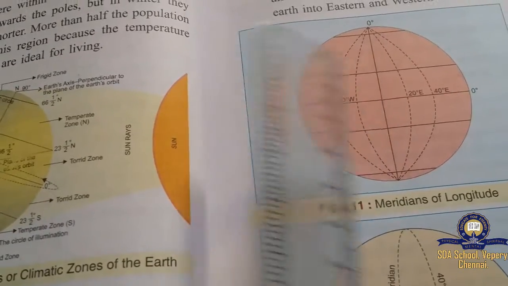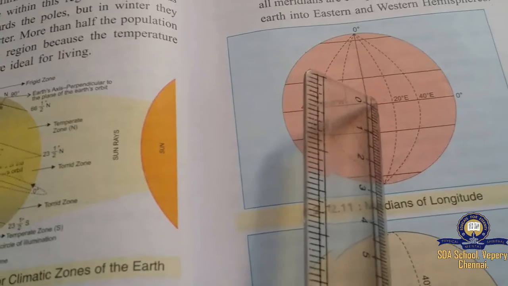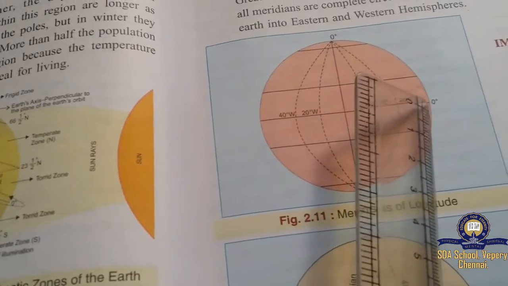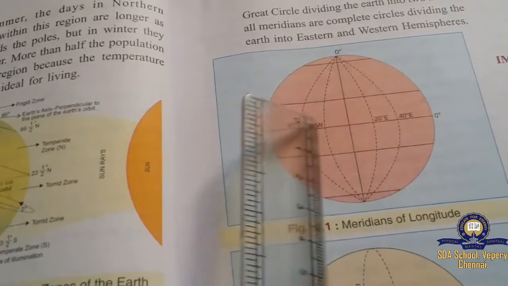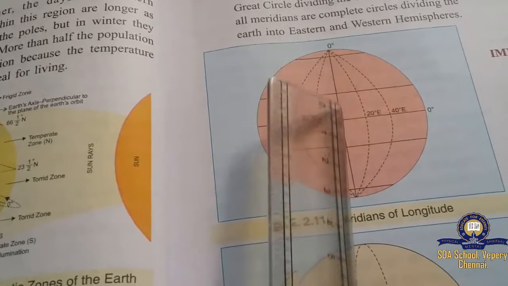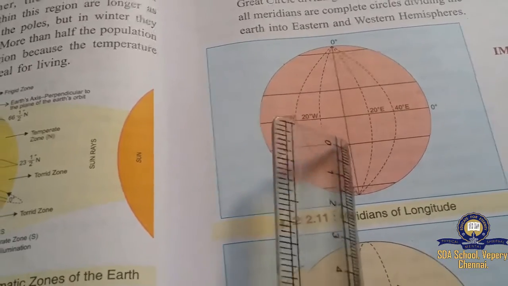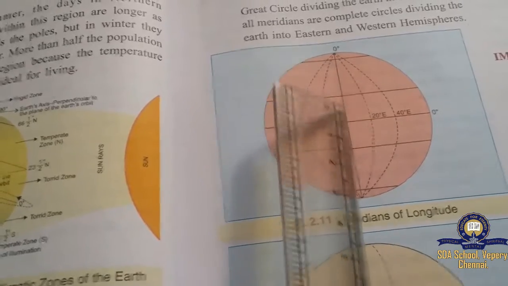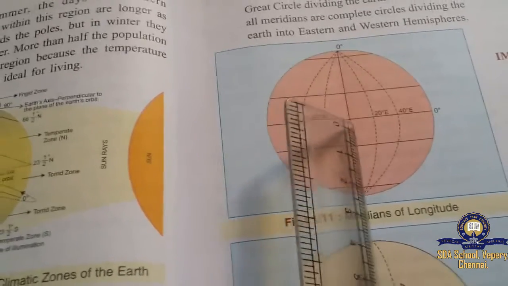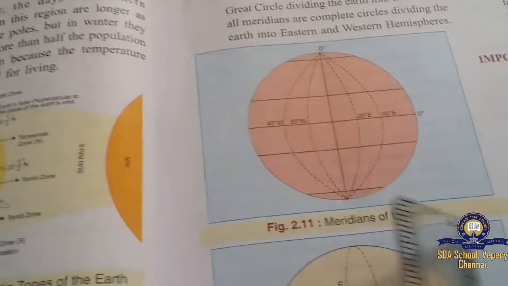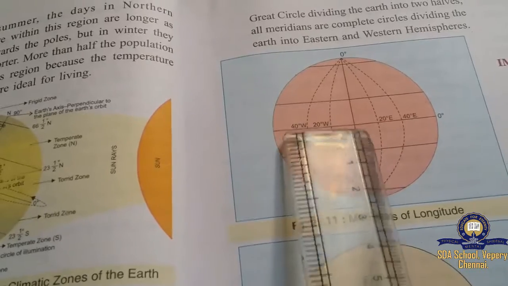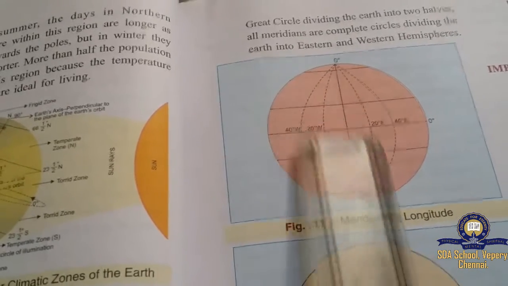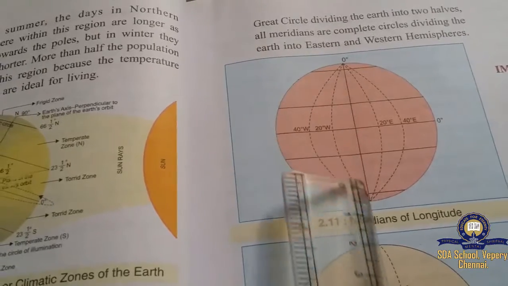Same thing, this is the western side, and this side also is 0 degree and goes 20, 40, 60, 80, and like that it goes to 180. Both sides have the degrees. The prime meridian is the chief meridian. Meridian means longitude. All meridians are the same size, whereas latitudes are different in size. The pole is very small and the middle equator is very long, so that makes the difference, whereas longitudes are the same in size.